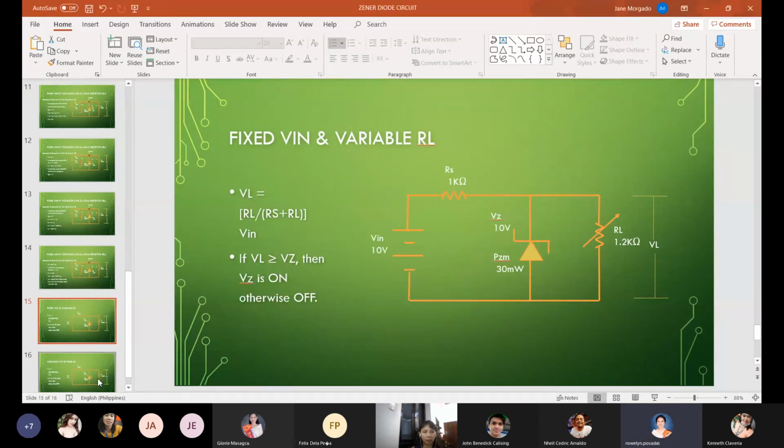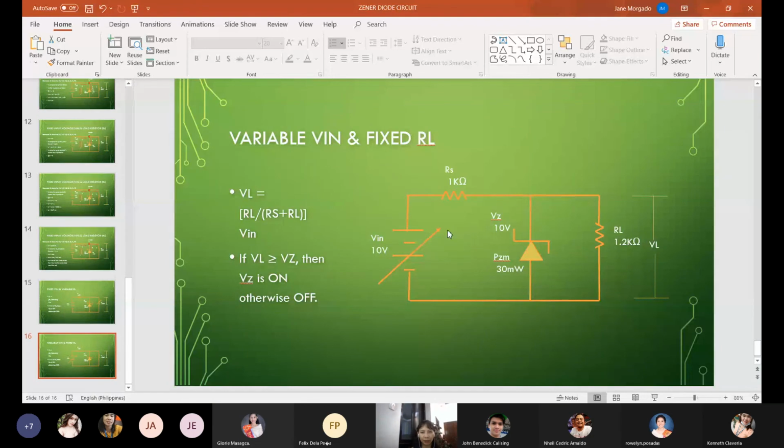Two topics. So, I only introduced this. Ito naman is variable RL na. Yeah, meron na siyang RL. So, ito naman, di pa tapos eh. Tsaka, ito naman, variable input. So, ang tanong naman dito is, what would be the value of RL? Yung RL min, RL max. So, gagamit kayo ng potentiometer. And dito naman is variable input. Hindi natin siguro ito magagawa in actual, but then, you will compute kung ano yung minimum input voltage and maximum input voltage.